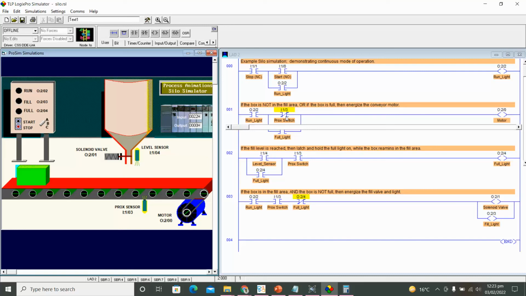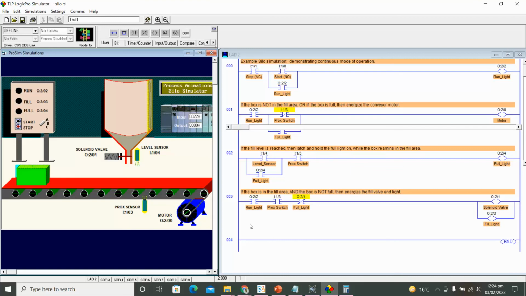मोटर को चलाना है हमने, तो why we are doing examine if open, if the box is not... जब तक बॉक्स उसके सामने नहीं है हम मोटर को चला रहे हैं। उधर लॉजिक इसके अपोजिट है, उधर बॉक्स के बाद बॉक्स, कैन के बाद कैन है, बिल्कुल एक दूसरे के करीब है। हमने क्या किया हुआ है कि भाई जब तक आपके सामने कैन है तो मोटर को चलाते रहा करें, मतलब कन्वेयर को। इसका मतलब है कि बीच में कोई गैप नहीं आया, लेकिन बीच में अगर एक भी बॉटल मिसिंग है तो इसका मतलब है कि कहीं जैम हुआ है, मतलब ये है कि कुछ गड़बड़ है, तो अलार्म इशू कर दो, ठीक है।